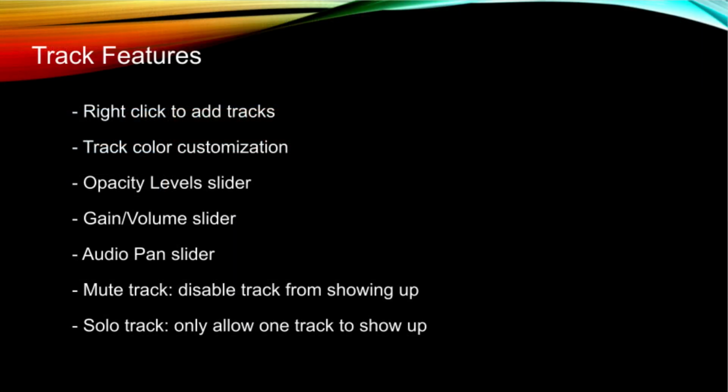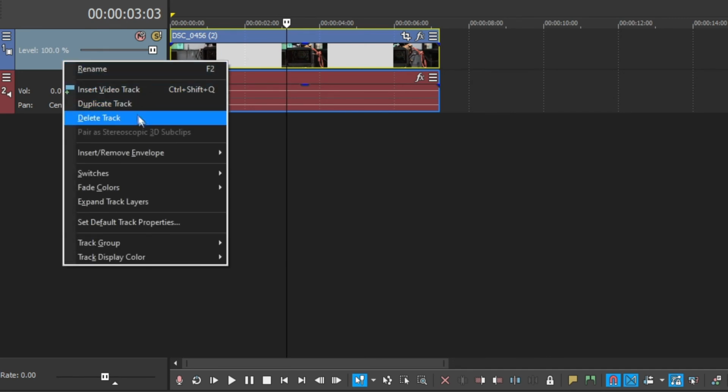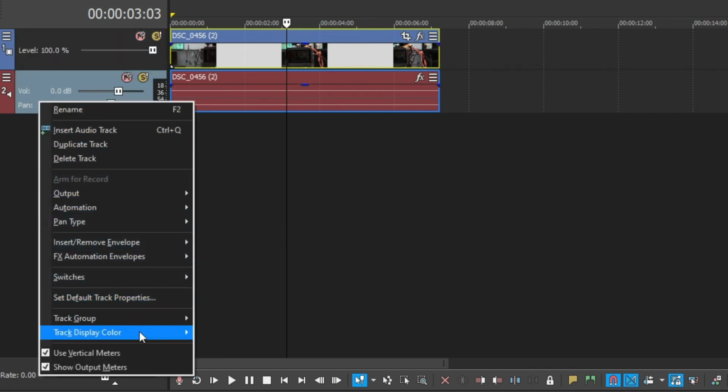Now, let's take a look at the video track. In Vegas, the tracks are colored accordingly by default, so the video track is already colored blue. This can be changed for organization purposes by right-clicking your selected track, and on the bottom of the Options menu, you will see the option Track Display Color. Here, you will have 8 colors to choose from for your organizational needs. The same can be applied to audio tracks as well.